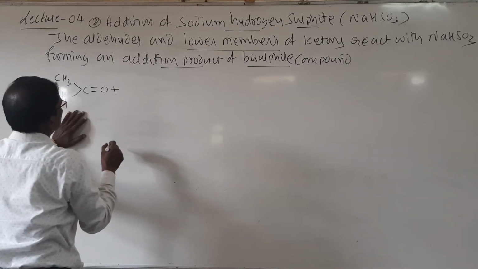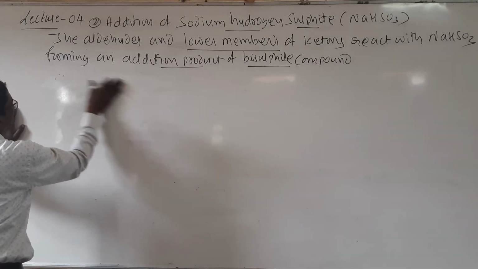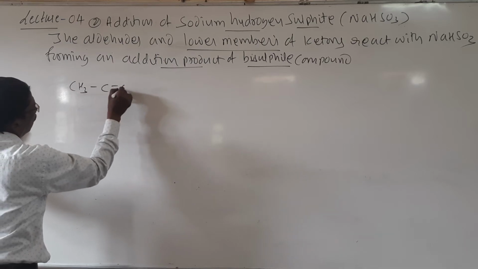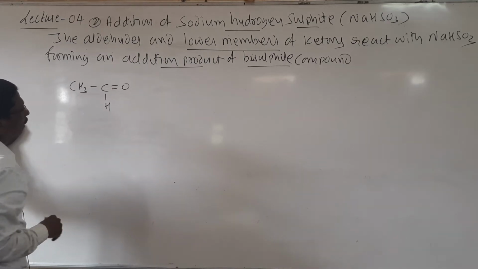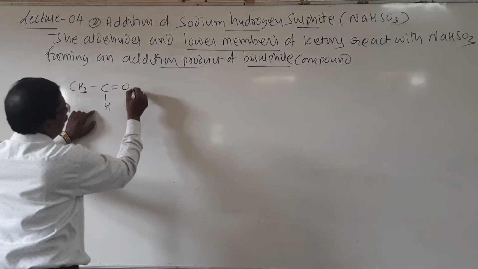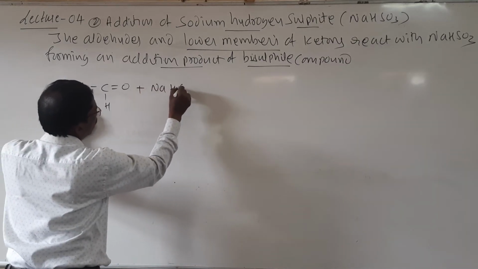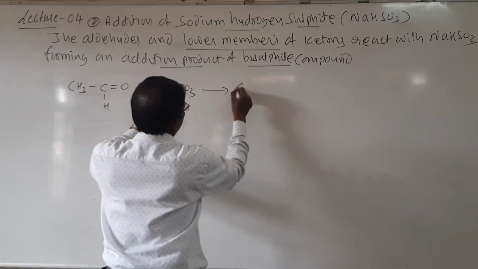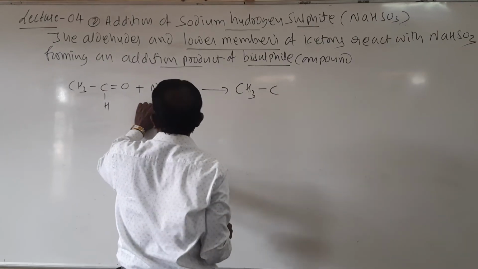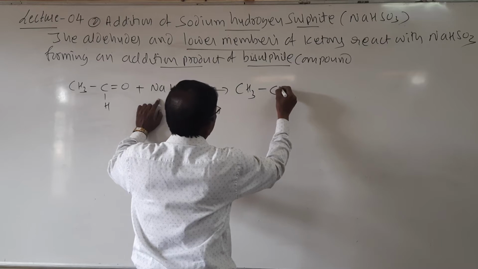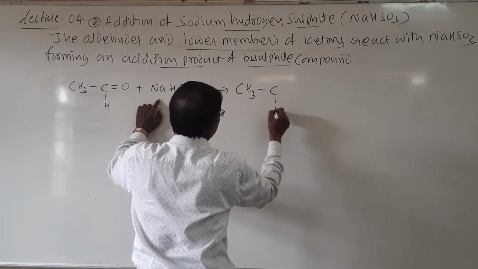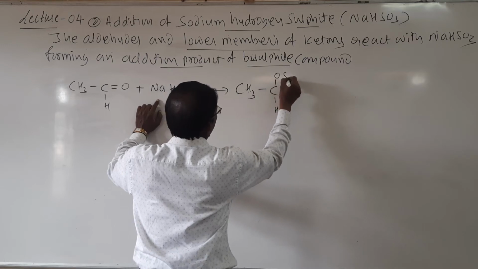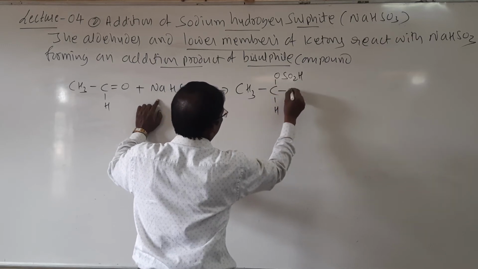So here I will show students, I will take both the examples, aldehydes and ketones. CH3 C double bond O, H. So acetaldehyde, when it is treated with NaHSO3, this NaHSO3 decomposes and it gives CH3 C, I will write here like this, H as it is, and on top I will write O SO2H, and it is ONa.